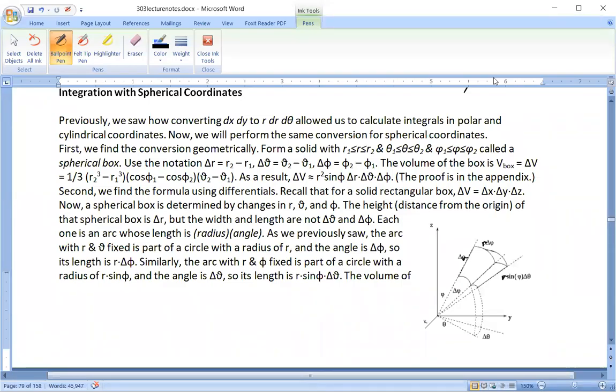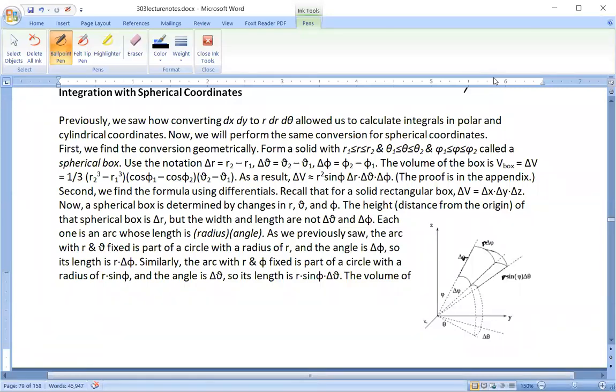So previously we got familiar with spherical coordinates, how we can use them to describe space, and how we can convert between rectangular and spherical coordinates. So now we're going to take a look at integrating with spherical coordinates. The main trick that we need to uncover, as we've seen previously, is how to convert the differential